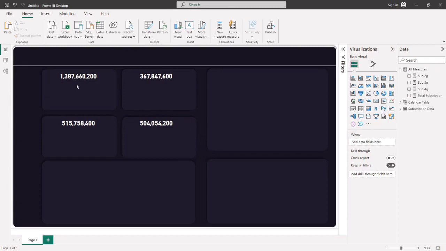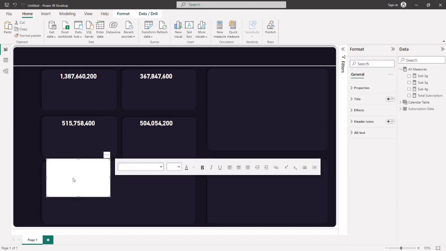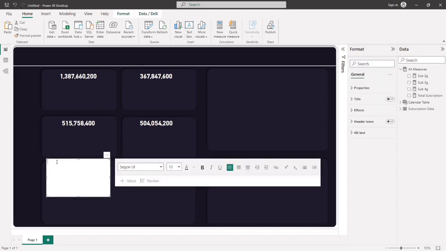All right, so the next thing I'm going to do now is to add their percentages. Okay, this is the total number of subscription that we have. Now this is for 2G. Now 2G is contributing what percentage to this total? Okay, so let's do that. But before we do that, let's go ahead and add some labeling. Okay, for this one I'll add total